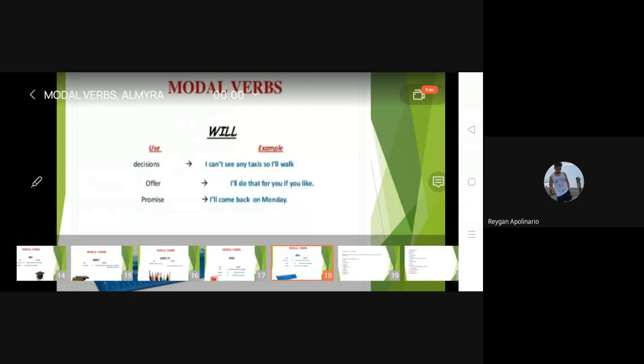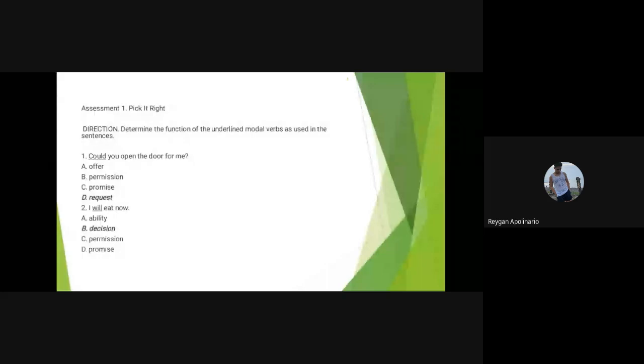If none, let's proceed to your activity. This is your assessment one. Pick it right. The direction is determine the function of the underlined modal verbs as used in the sentences. I will give you 5 minutes to answer the following questions. If you are done, send it to my personal account or my messenger for me to check it. And after working on your assessment one,